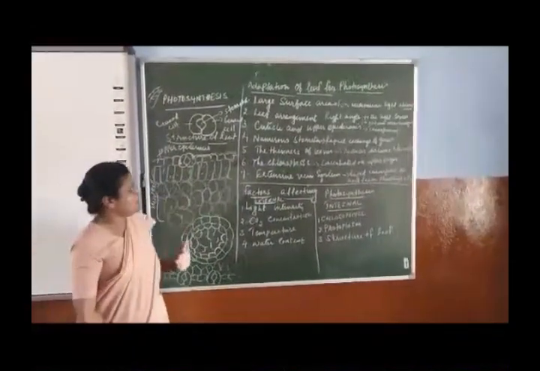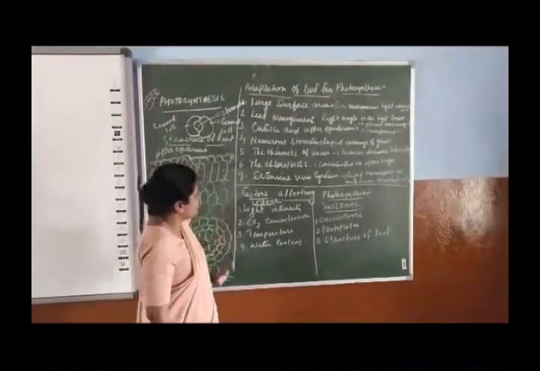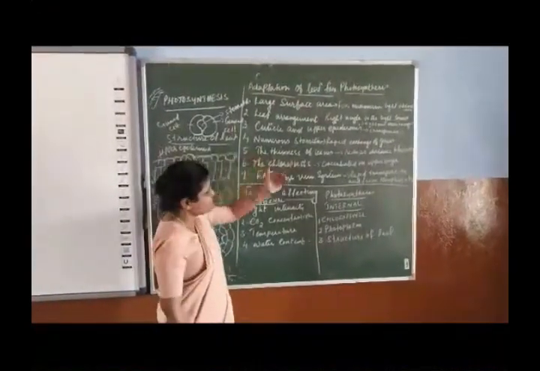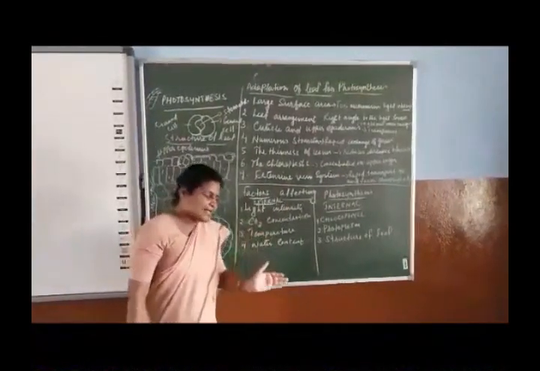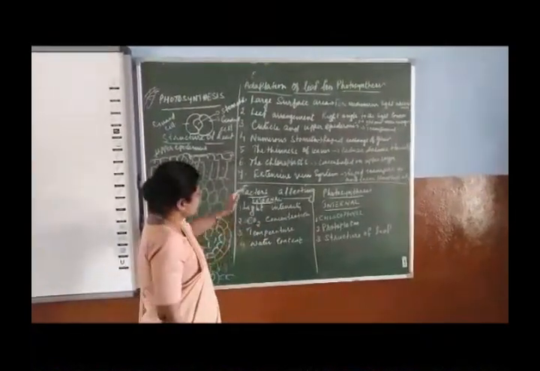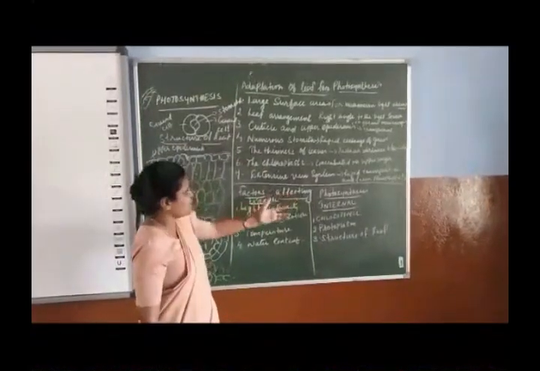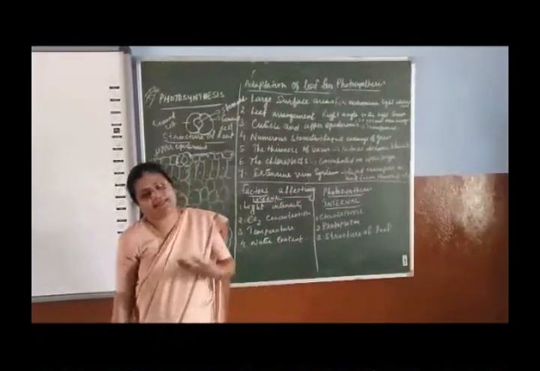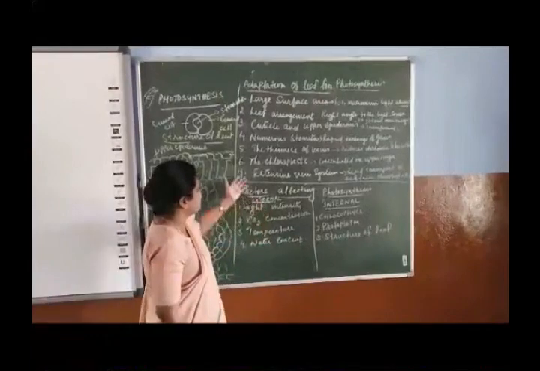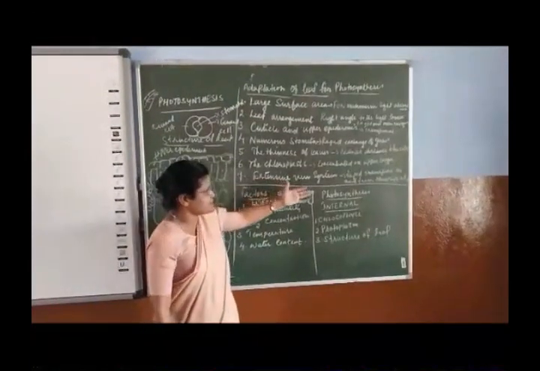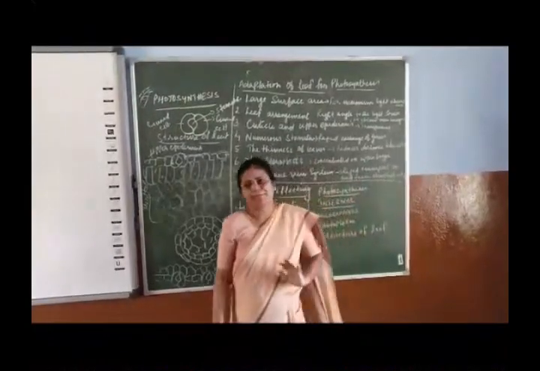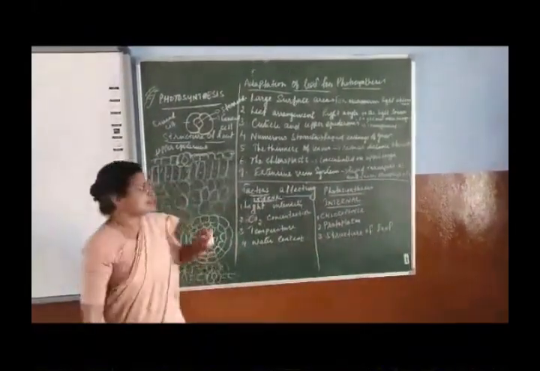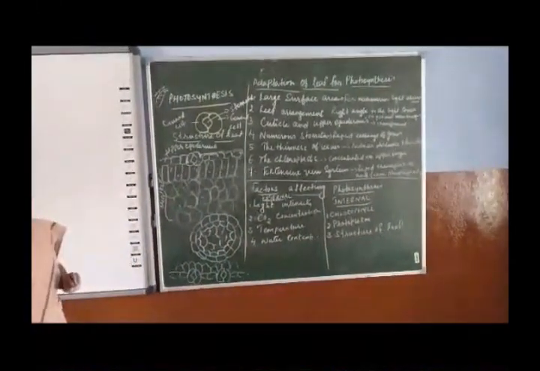on the epidermal layer of the leaf. Then you have the leaf becoming thin, which reduces the distance between the cells and thus enhances rapid movement. Then the numerous chloroplasts, the greater the number of chloroplasts, the greater is the efficiency of photosynthesis. Then you have the extensive vein system, which also enhances the rapid transport to and from mesophyll cells, especially the raw materials needed for photosynthesis.